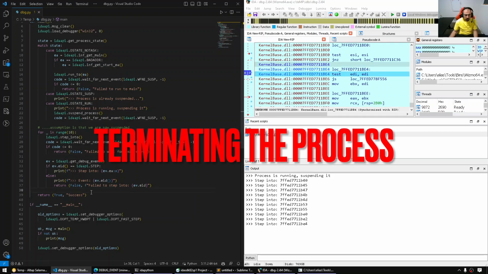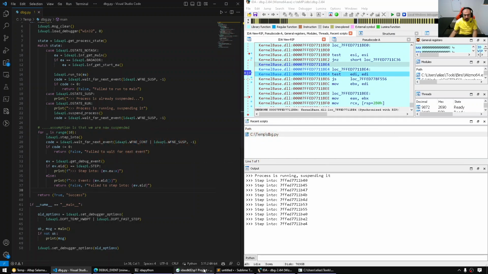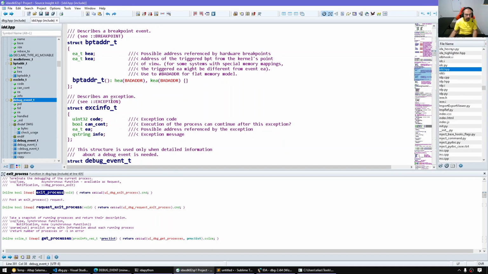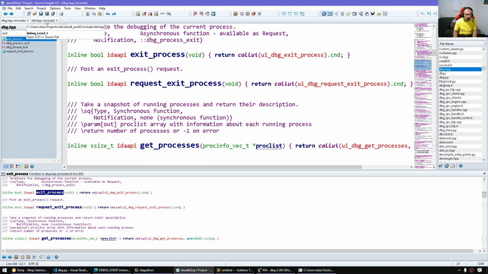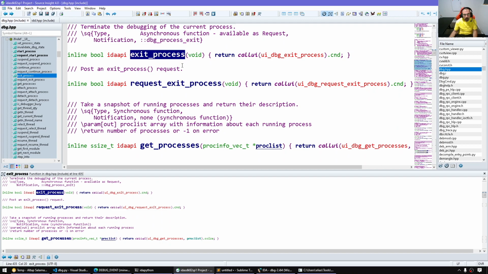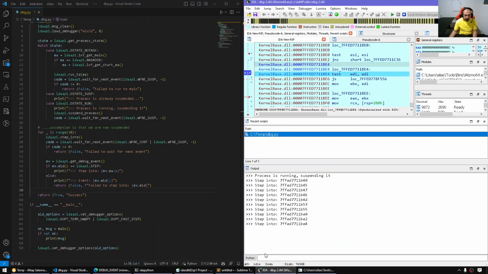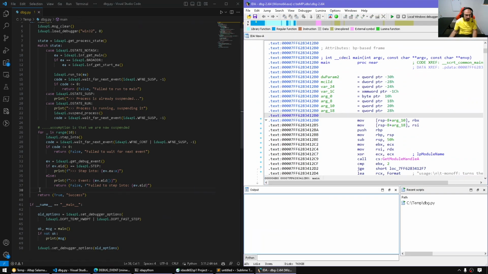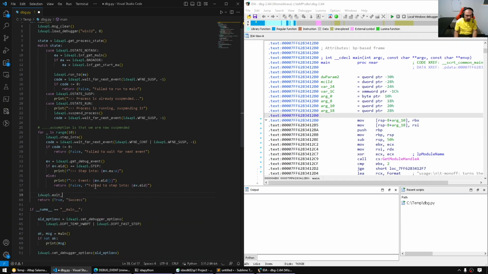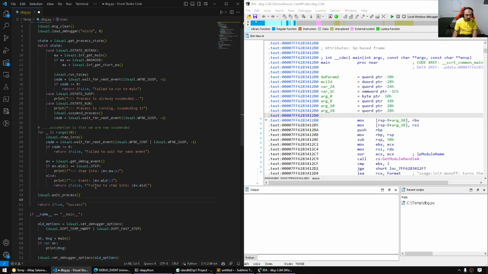Now let's just exit after we do the number of steps. So to do that, we will have to use the exit process API. So we can also issue an exit process that will forcefully terminate the process for us. So here let's go back to no task and issue an exit process, and also we want to wait for it